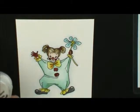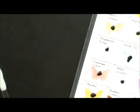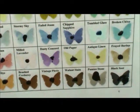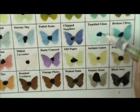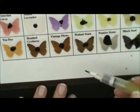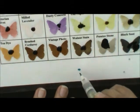Alright, I thought we would also try, have you ever done Perfect Pearls into your distress inks? I thought we would try that today so I could show you how to do a little bit of sparkle on her outfit. So what I'm going to do is I've got my little paint tray, my little color chart right here, and I'm going to take and dip my water brush into my tumbled glass and just pick up some on my brush, and I'm going to take it down here and dab it a little bit, and I'm going to let my brush drip